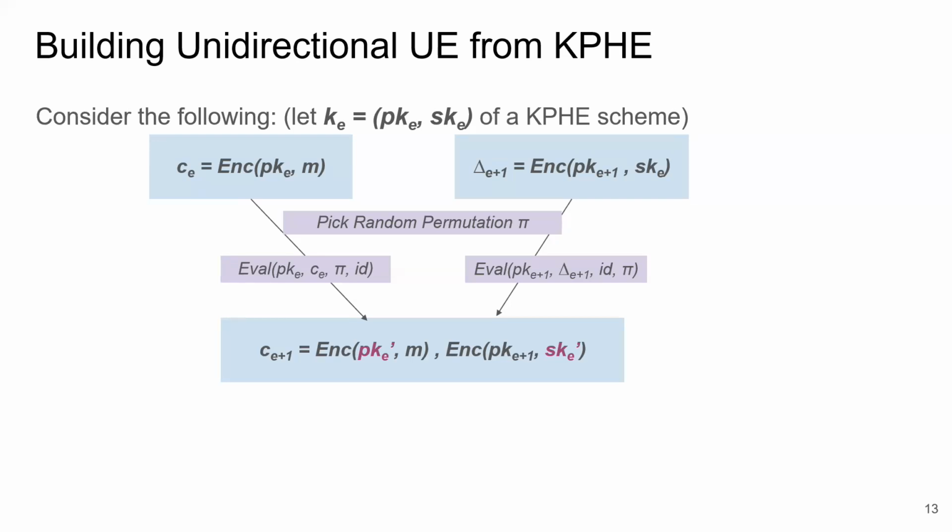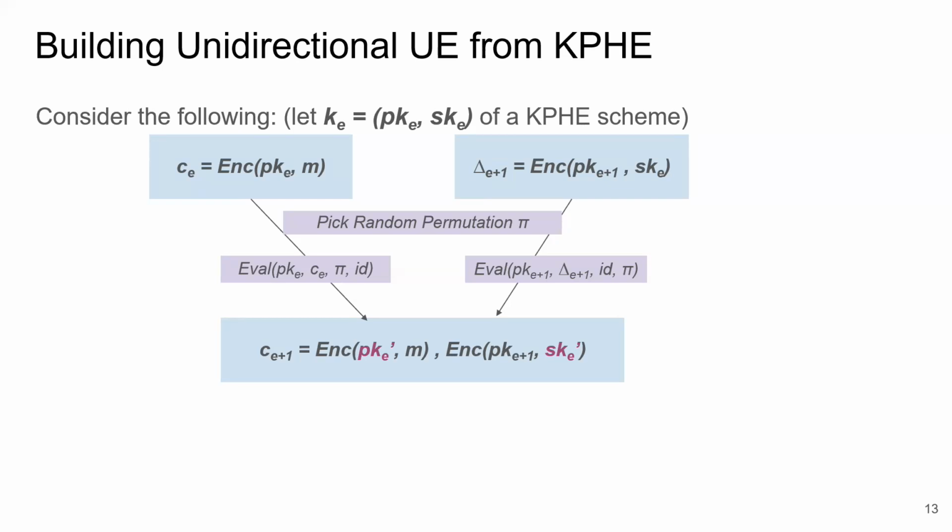And we don't do any transformation on the message space. We just do the kind of identity transformation. On the update token, we now do a transformation where we don't do any transformation on the key space. We just keep that as the identity. And we do a transformation on the message space. But as our message was the secret key SKE, and we're doing the same transformation here, we're now getting an